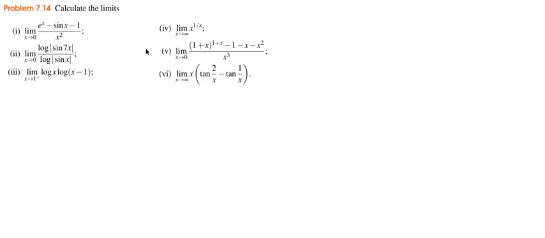Okay, problem 7.14. Calculate these limits. So these are all going to be applications of L'Hopital's theorem, right? So let me write it here. So L'Hopital